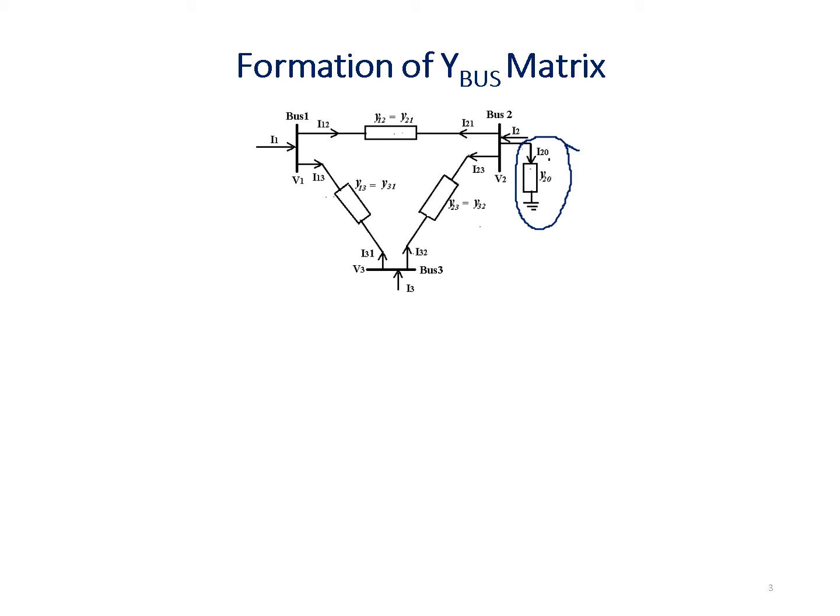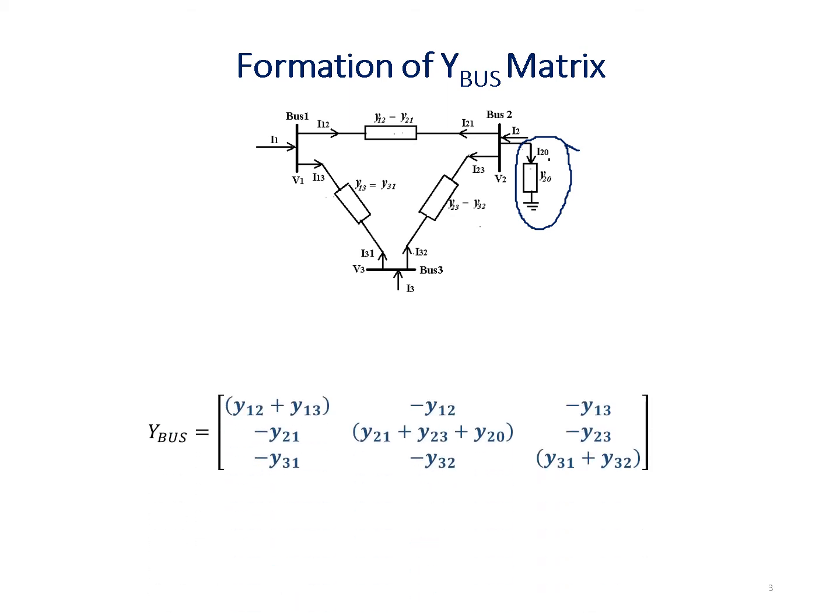So if you observe the Y-bus matrix, according to the problem statement, this Y-bus matrix is given. So how do you identify, without knowing this diagram, that a shunt element is present on bus 2? Either you can add the row wise sum of the elements or the column wise sum of the elements.